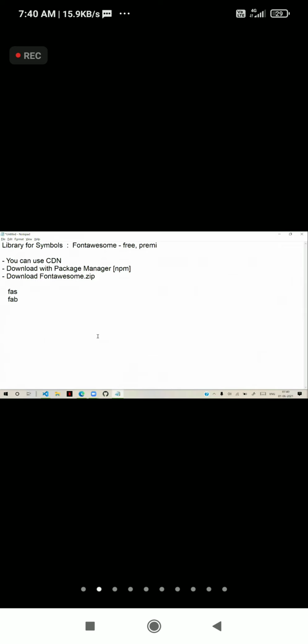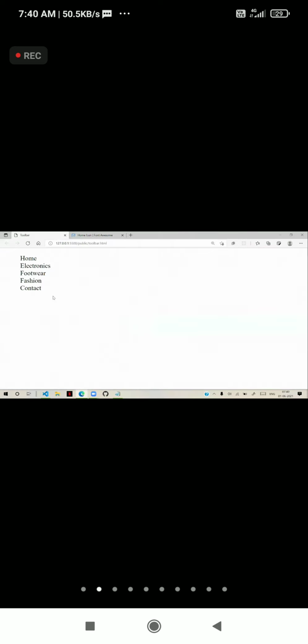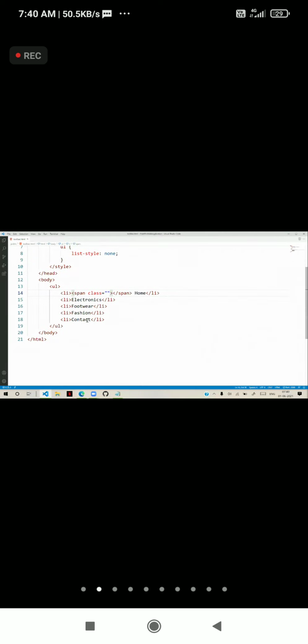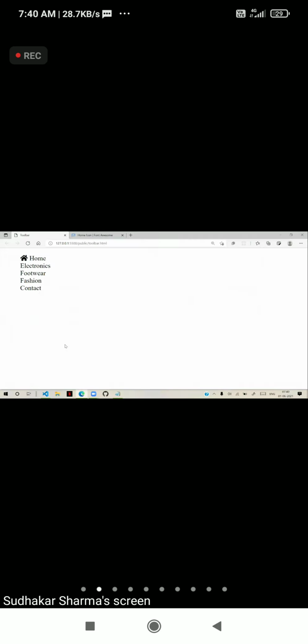So now you can use this, or directly you can simply write FA, that is Font Awesome, the base class. So what I can do is, how they given there, FAS space FA home. Then you can see that here the home symbol will come. You can try that.